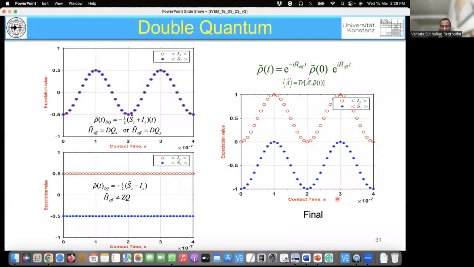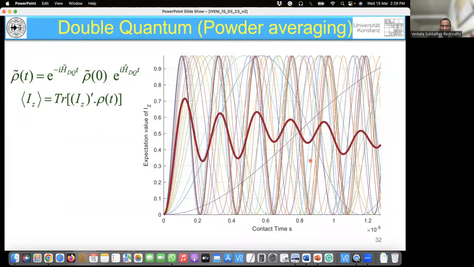And the same thing for the double quantum case. So when the Hamiltonian contains the double quantum, and there are no zero quantum terms in the Hamiltonian, zero quantum remains the same, and double quantum oscillates with the cos function. So when we add these two for the final result, the I magnetization gives positive enhancement. And here, if you see, the I magnetization is going from 0 to 1, and then it's coming back to 0. But in a real spin system, you don't see that, because